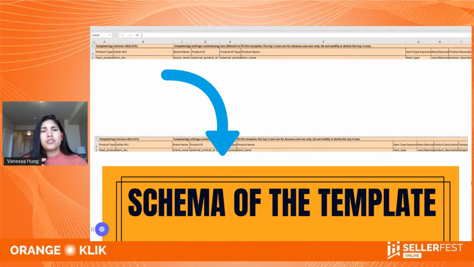Super cool thing that they changed recently is that once you download the file at the beginning, it will only show you the required attributes, the ones that Amazon recommends and demands that you have information on. There are other attributes, which are the ones that we're going to be focusing on, the complementary ones, the ones that Amazon gives you in the retail space, but it's up to you if you want to use them or not.